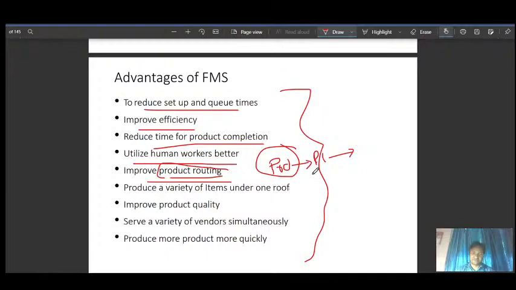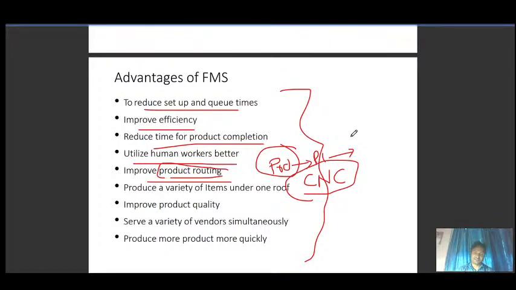So with the help of CNC, we can combine a number of operations in a single machine, and that leads to improved product routing and produces a variety of items under one roof. As we have seen already, numbers of parts can be loaded, programs can be loaded, and different types of products can be made.